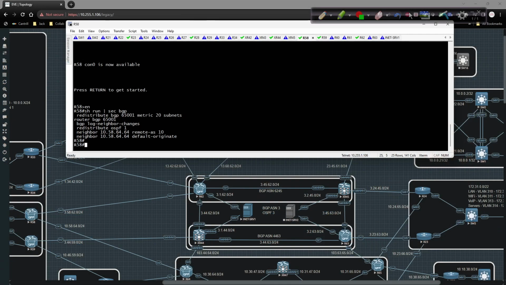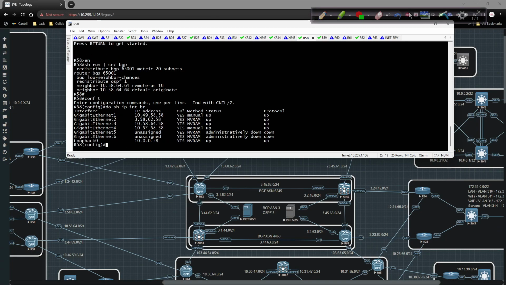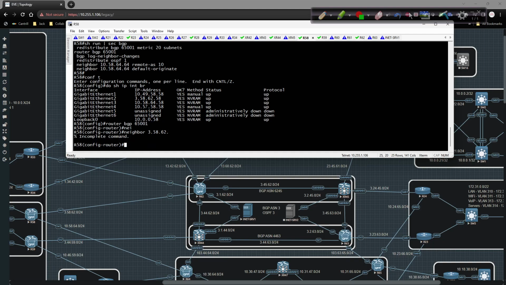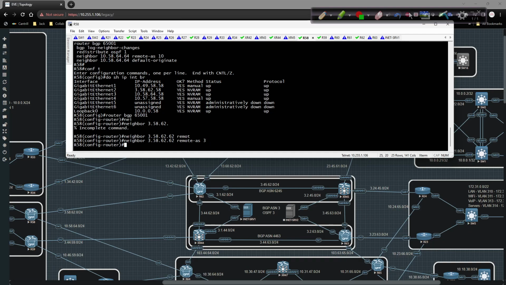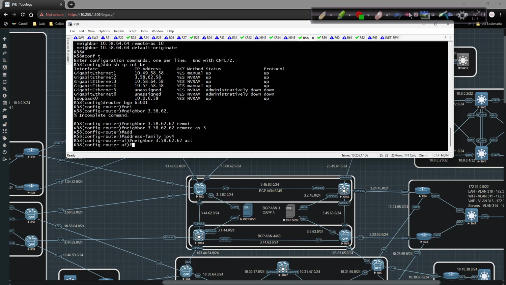So what I'm going to do is type in here: do show IP interface brief. I'm going to do router BGP 65001, and type in neighbor 3.58.62, remote AS of 3, and then I'm going to type in address family IPv4, and go ahead and activate it. Now I already have one peering stood up to